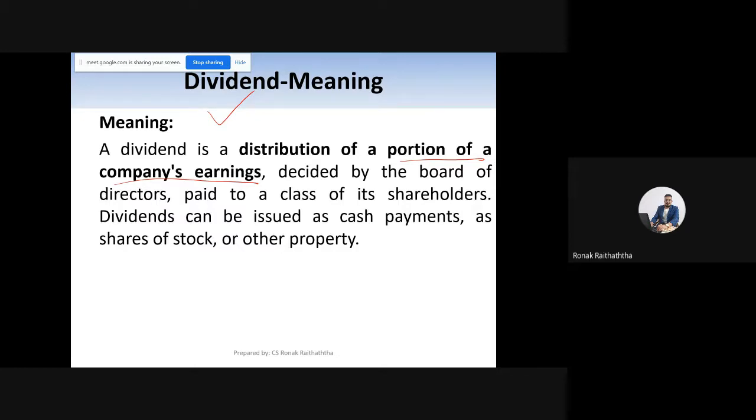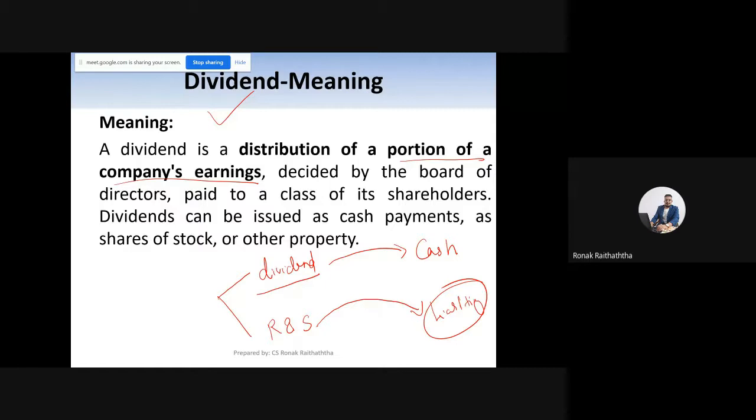Whatever the profits are left, company is left with two choices. Choice number one, either to distribute that money as a dividend or to retain that money in terms of reserves and surpluses. Now, if company pays the dividend, that means company will pay the cash to shareholders. So cash balances will get reduced. And if company decides to transfer it to reserves and surplus, now that will be on a liability side.